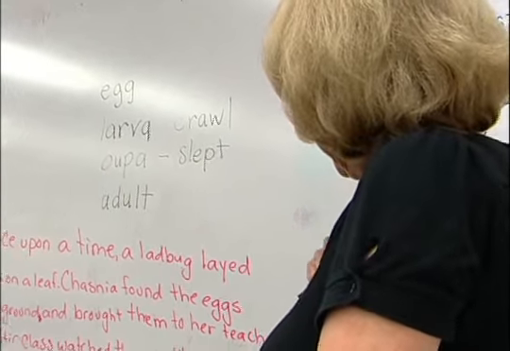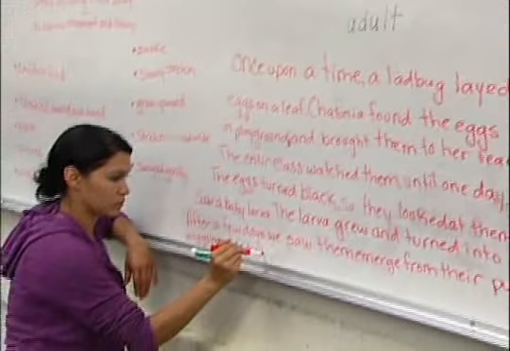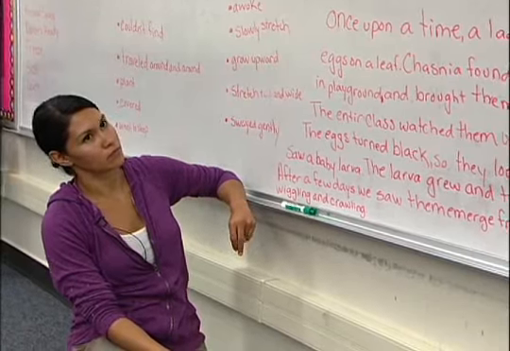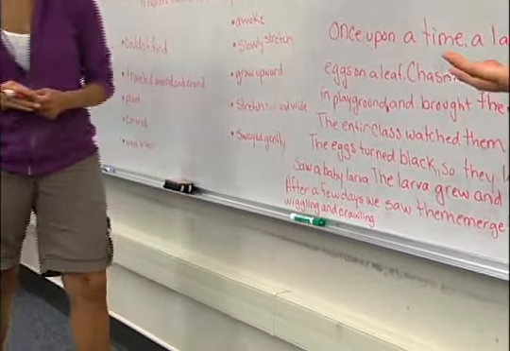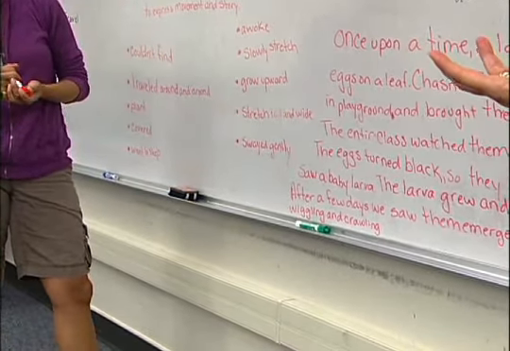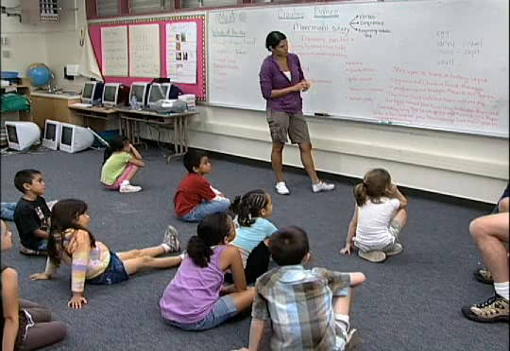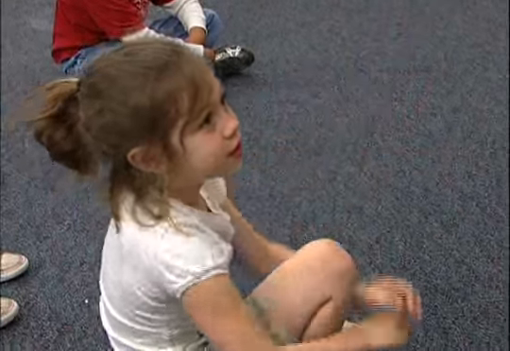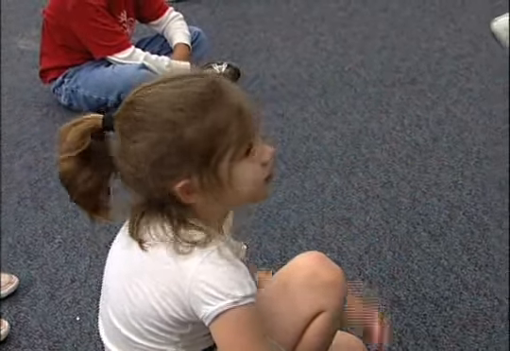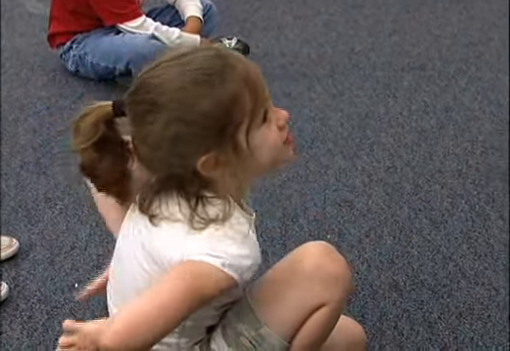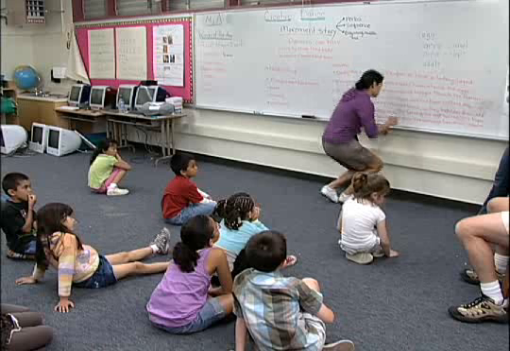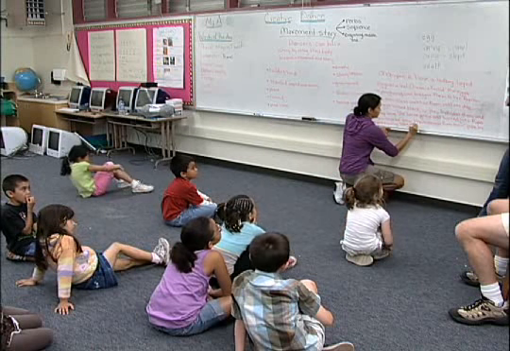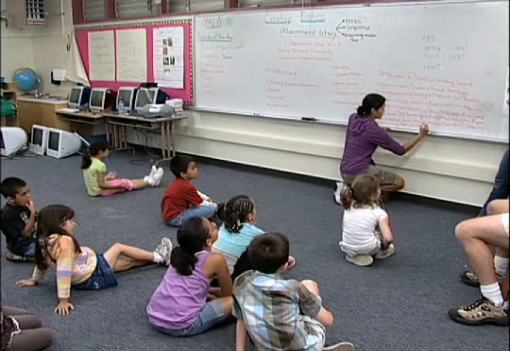Wiggling and crawling. And then we let them go. Free. Then the next day, you may not want to like this, but the next day they changed color. They turned red and got their spots. And then we saw their wings. They got their spots first. And we saw their transparent wings come out from under their shield. And then we let them go. Free. We watched them until one day the eggs turned black.